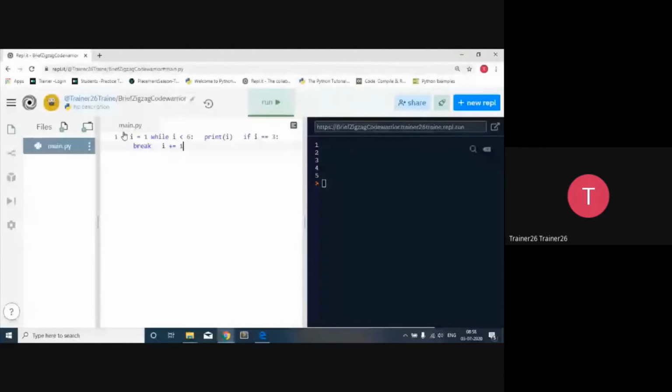In a break, I'm going to write down here while i is equal to 6, and then if i becomes 3, I want to break it, and then I want to go for the next loop. So again, in this way, with indentation, this break will come under this particular if block.